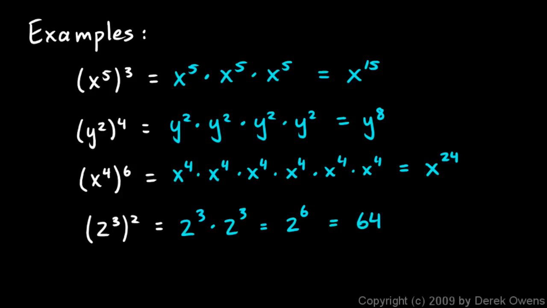Now from this you can clearly see a pattern here. This 2 times this 4 gave us that 8. And this 4 times the 6 gave us the 24 right there. And the 3 times the 2 right there gave us that 6. So we can make a general rule. And the general rule is this. When raising a power to another power,